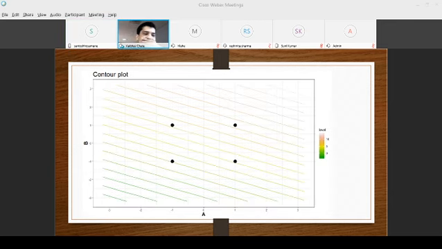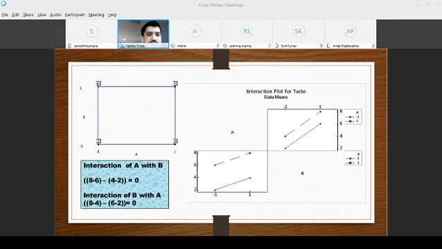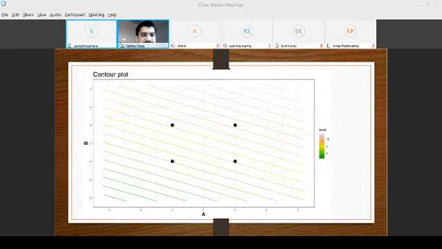So let us try to understand the interaction effect by drawing this particular contour plot. How is the contour plot done? Say 2, 6 somewhere it will be coming here. So that means between 4 and 8. So at the middle, what do you mean by contour? The line joining the points of equal values. So that one we call it as contour. So here this particular contour plot represents a straight line. That means there is no curvature in the contour plot. It indicates that there is no interaction between A and B.